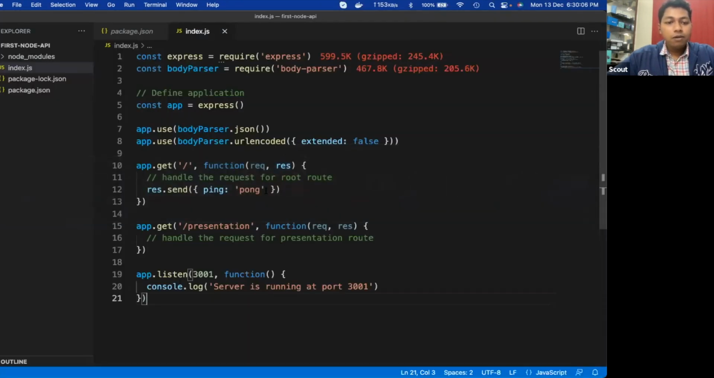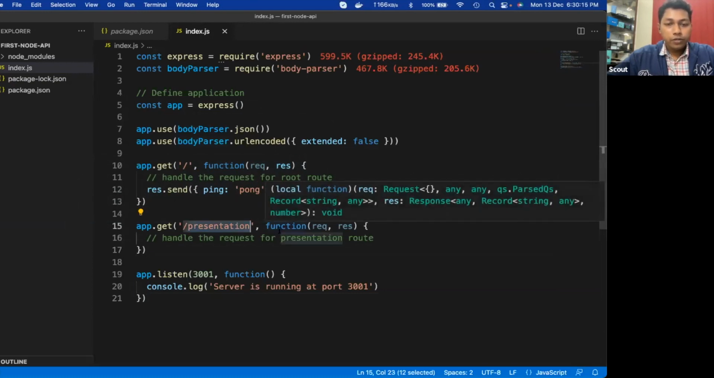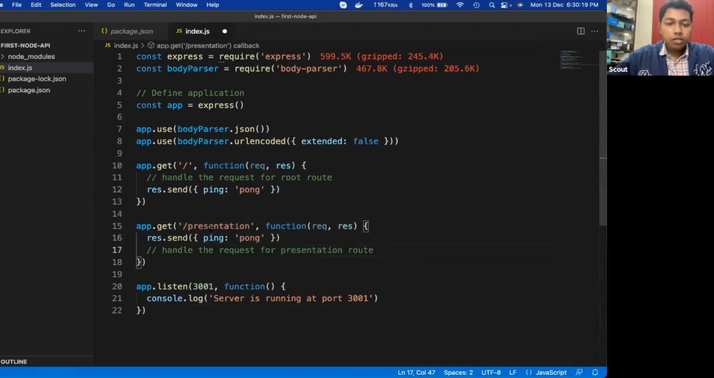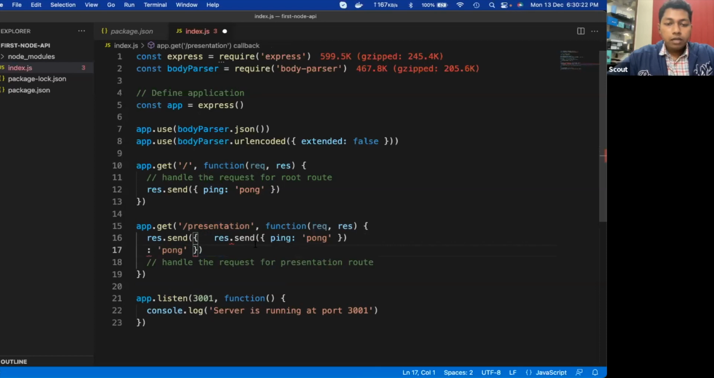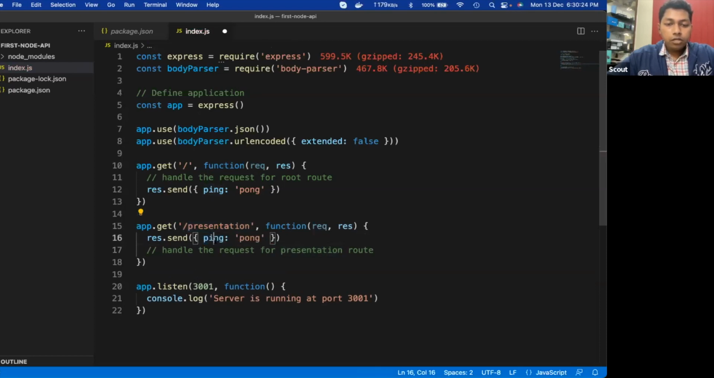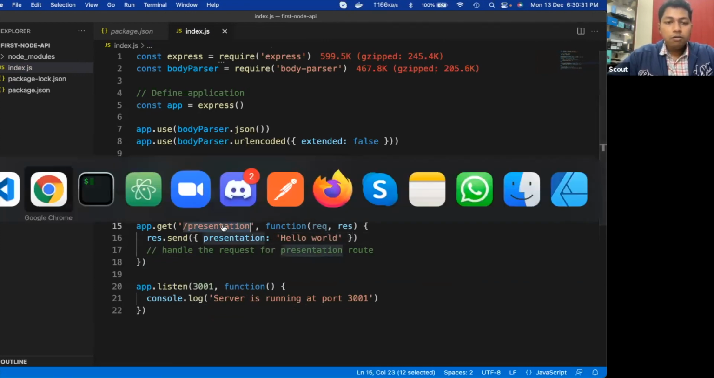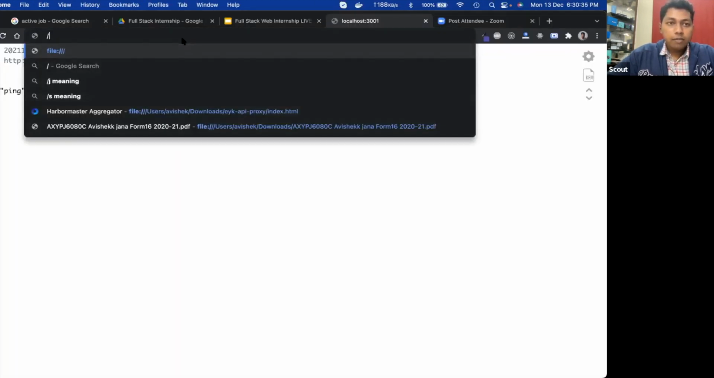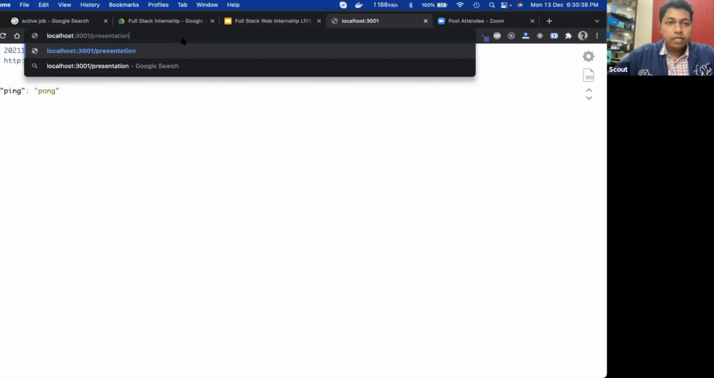This is, I think, 20 lines of code, and there is a lot of space inside. So you can assume it is 15 lines of code, where we have also defined another route called presentation. Inside presentation, you can send something else, say presentation hello world. Now if I go there and type slash presentation,